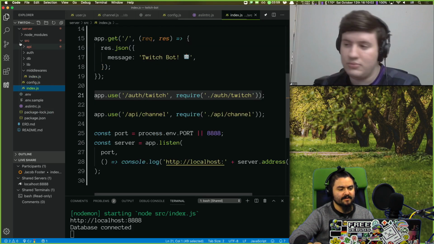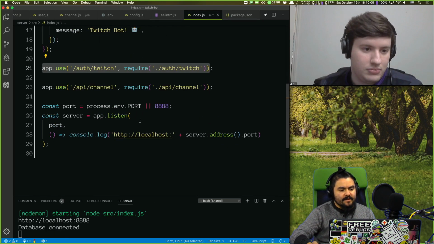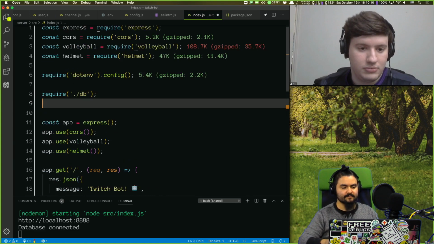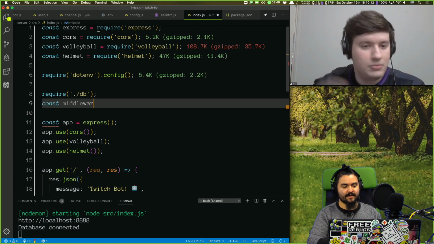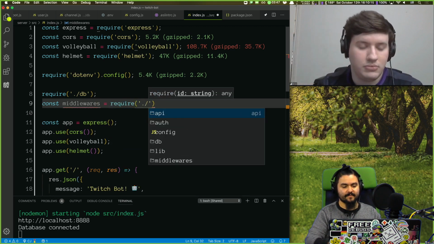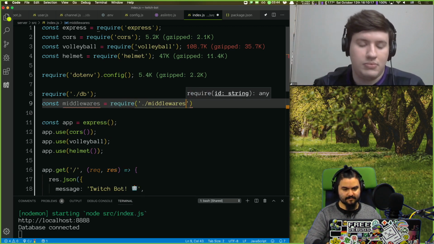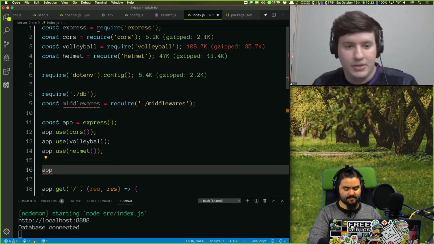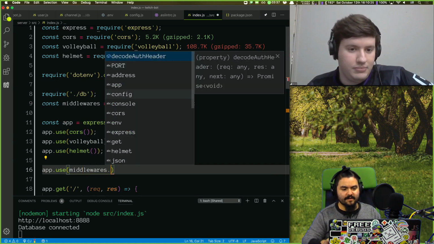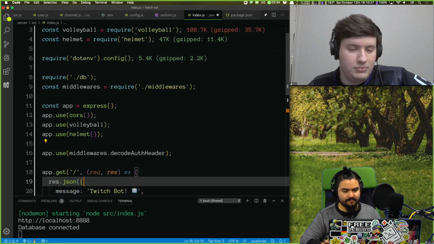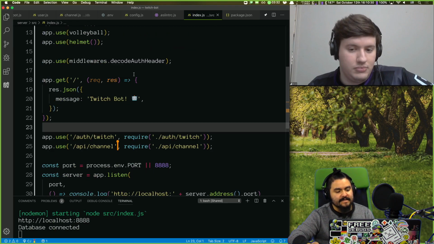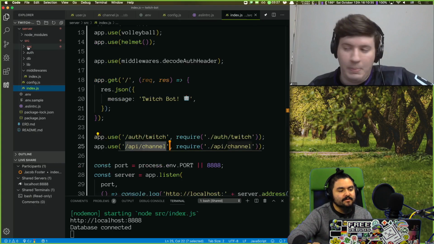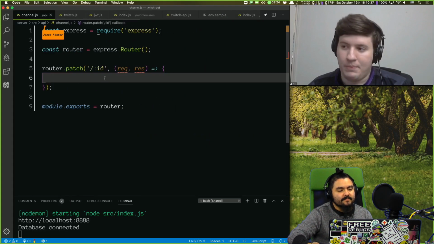So now in our main app, we can use it. So let's say middlewares is require middlewares. And then you can just use it right here. app.use middlewares.decodeAuthHeader. Cool. And then now in our API channel, we can really just make sure that